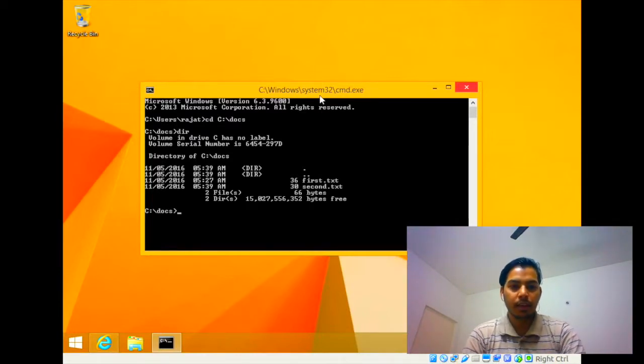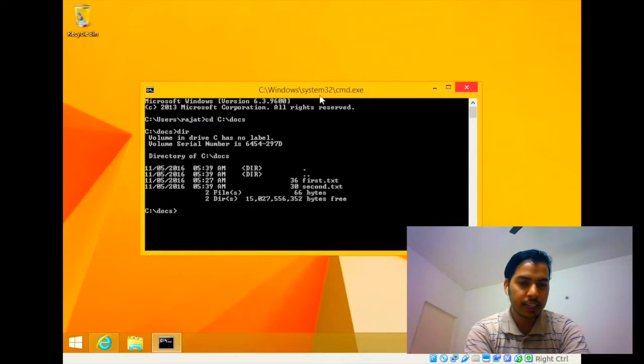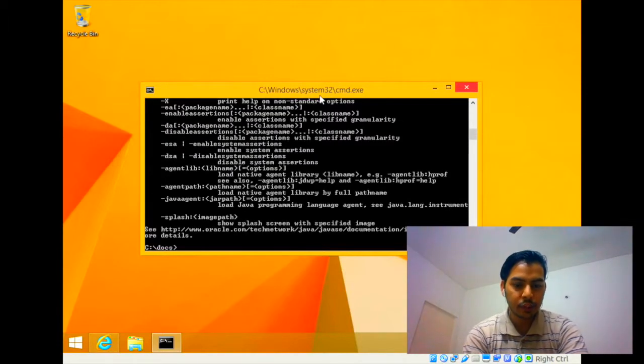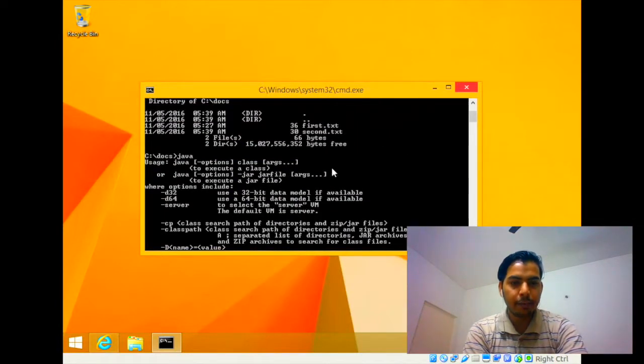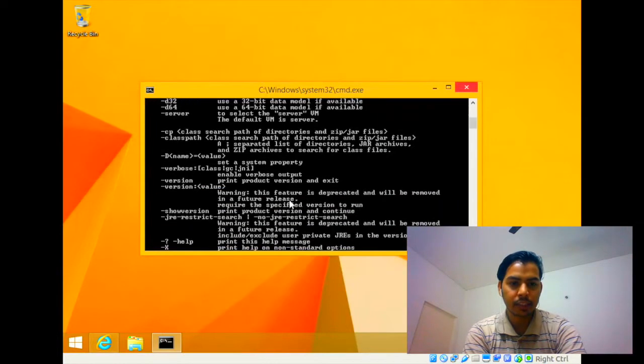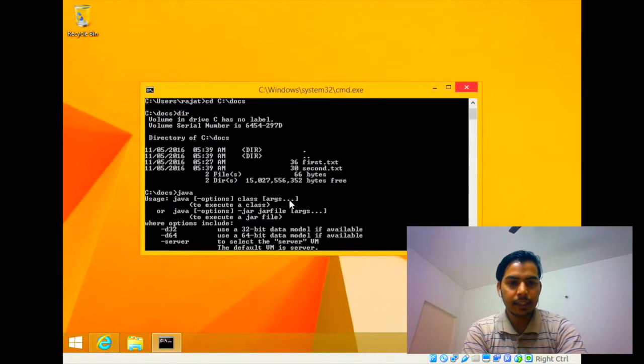So if now we have to test whether Java is present on our system or not, we are going to write java and press enter, and as you can see this scroll, it means that Java is present on our system and our system can find the Java executable binary.